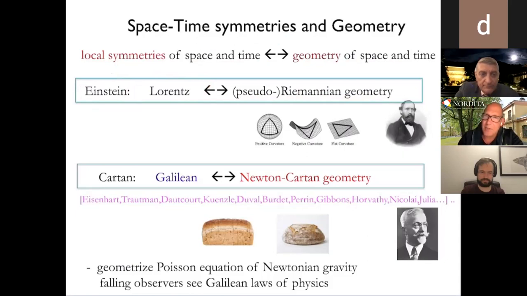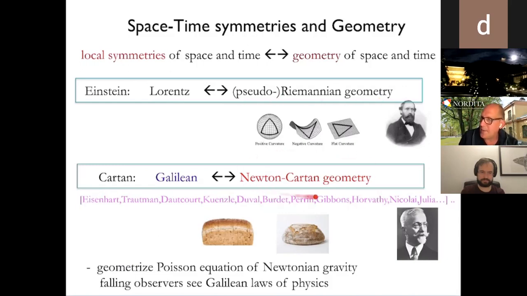Now, in the same way, and actually that's post-Einstein, Cartan asked himself the question, well, we also have Newtonian gravity. Newtonian gravity by itself is also a diffeomorphism invariant theory. Actually, any theory should be invariant under coordinate transformations. So the fact that Einstein managed to geometrize gravity should not be just exclusive to general relativity. One should also be able to find an underlying dynamical geometric principle for Newtonian gravity. It's just that the geometry should be different.